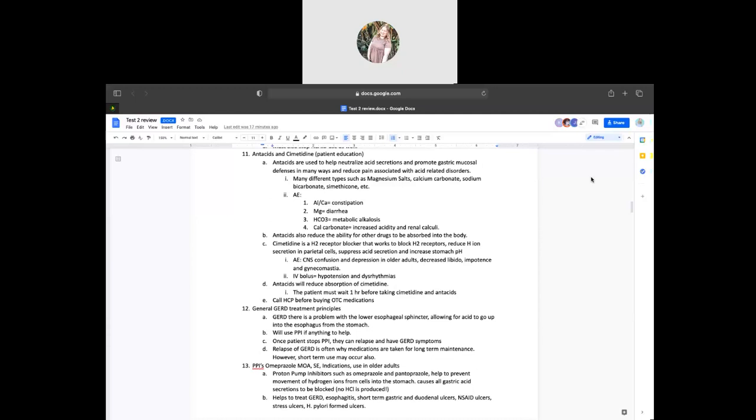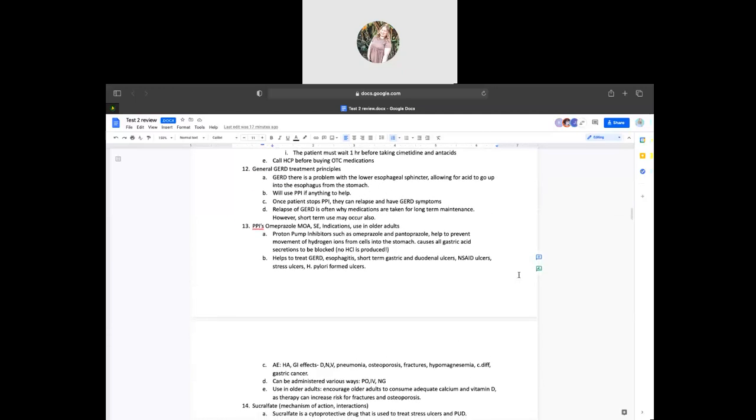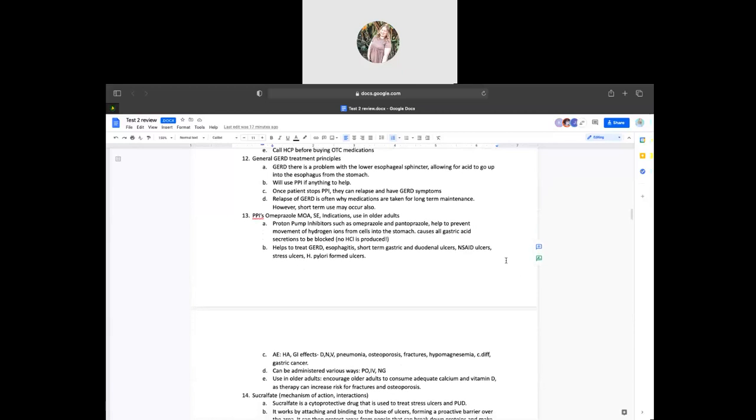Now we're going to talk about GERD. Good old GERD. Very common. So with gastroesophageal reflux disease, or GERD, there's a problem with the lower esophageal sphincter. Because of this, acid builds up and goes up into the esophagus from the stomach. It can cause a lot of irritation, it can cause Barrett's esophagus, and it can cause ulcers, and even cancer